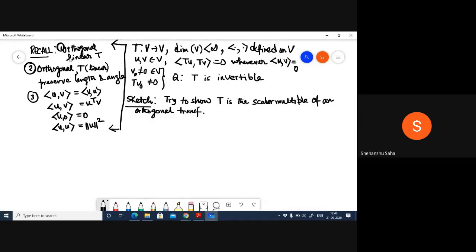Okay, all right. So in other words, you know that orthogonal transformations with the inner product preserve length, right? So what I want to show is equivalent to showing that 1 over k, where k is a scalar, times T is an orthogonal transformation, right? Now, this is equivalent to showing that